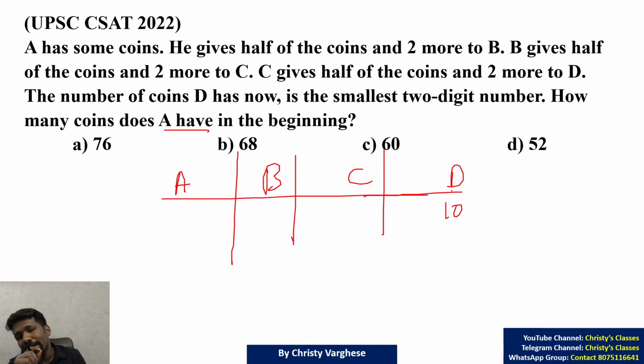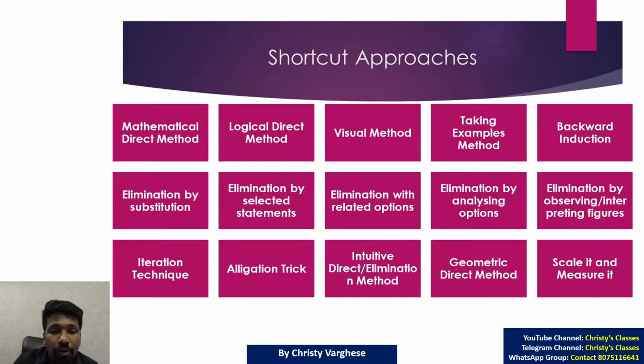Okay, let me tell you, this question, for a math background student or a person who is good in math, can be done in multiple ways. Like the direct method is better, because if you are able to assume let x be the required unknown and solve, if you are good or fast in doing that, the direct method is better. But if your mathematical background is not that strong, what I will suggest you is the backward induction method. The mathematical direct method is one way of doing it. Backward induction is another way of doing it. I will show you both. Whichever you feel comfortable, you can take that.